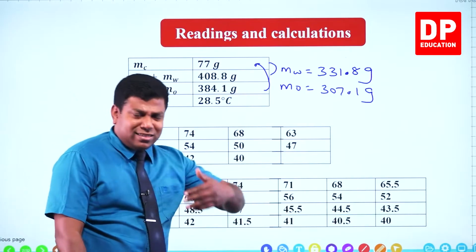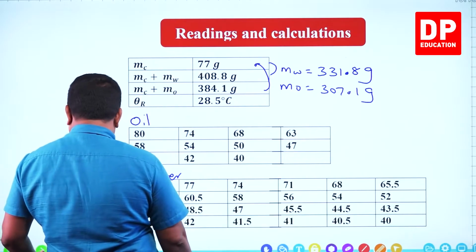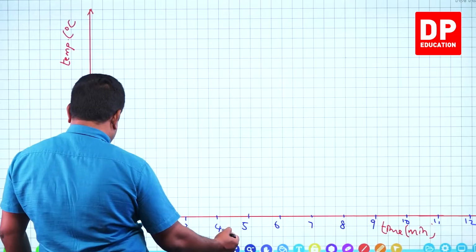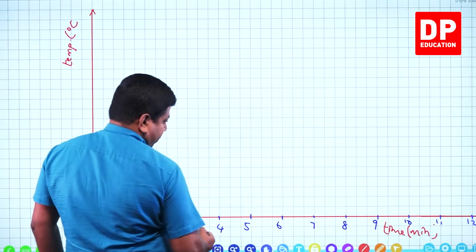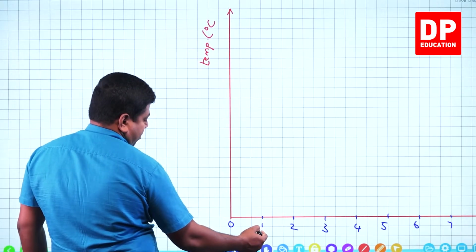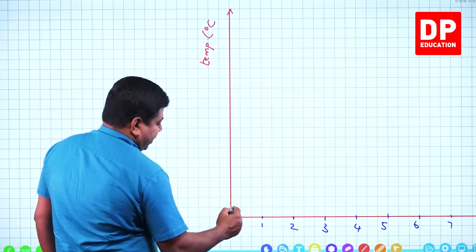And then the y-axis, the maximum temperature we have is 80, the lowest is 40. We don't necessarily have to start from 0, we can start from 40 itself. 40 to 80 is what we need. Let me show it to you clearly. So if I start 40 here,